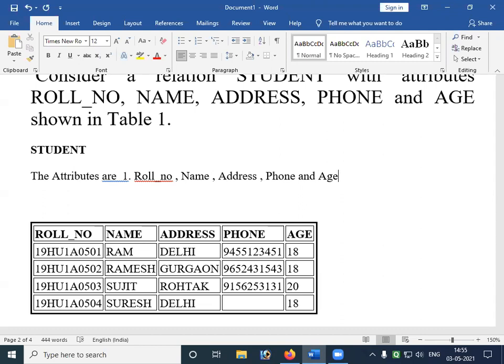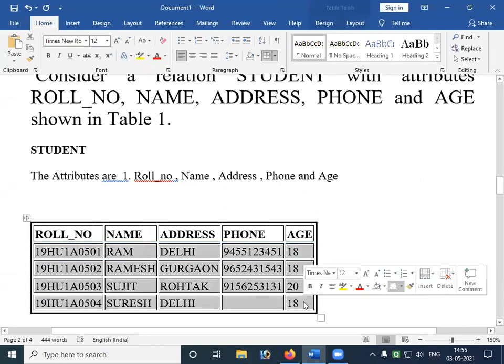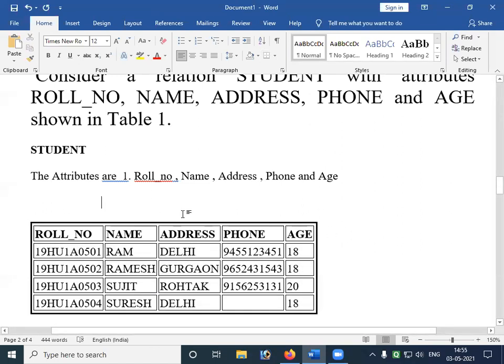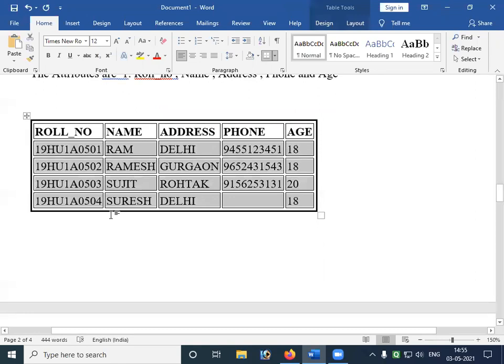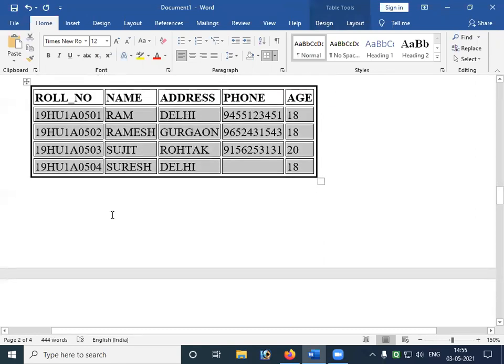So I have 5 attributes totally. Then what about these? This is called data, my dear friends. This is called actual data. We will see some more terminology regarding this table.